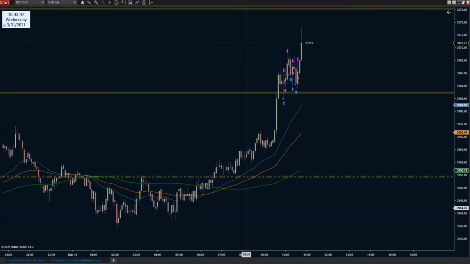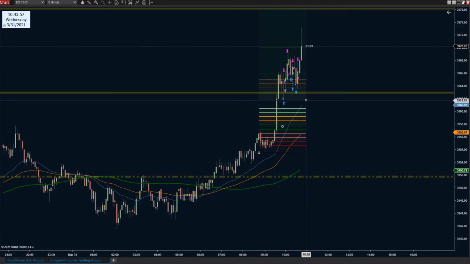If we zoom out and we look at the overall move to the upside, they broke pretty aggressively above that swing. So we can use that previous swing low down here as a measuring point. Upside objectives, it's actually sitting right on top of that right now.